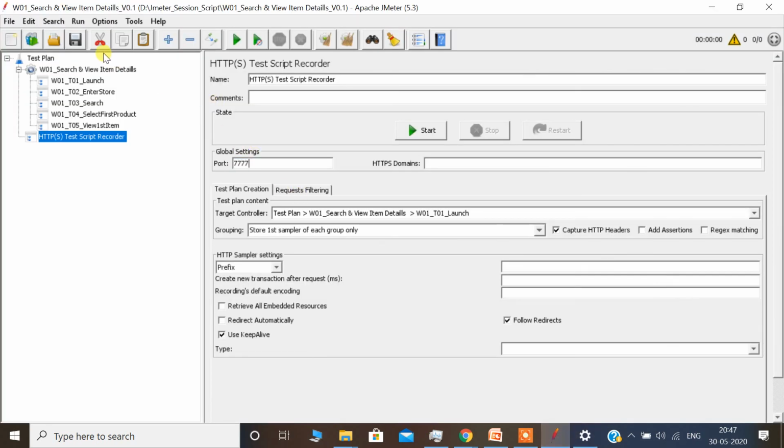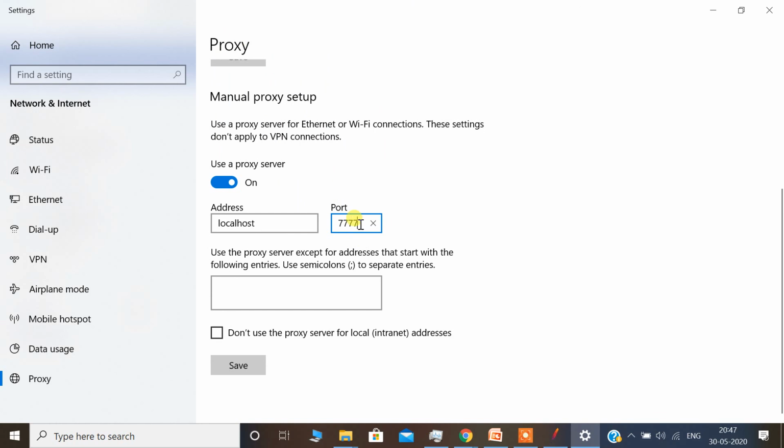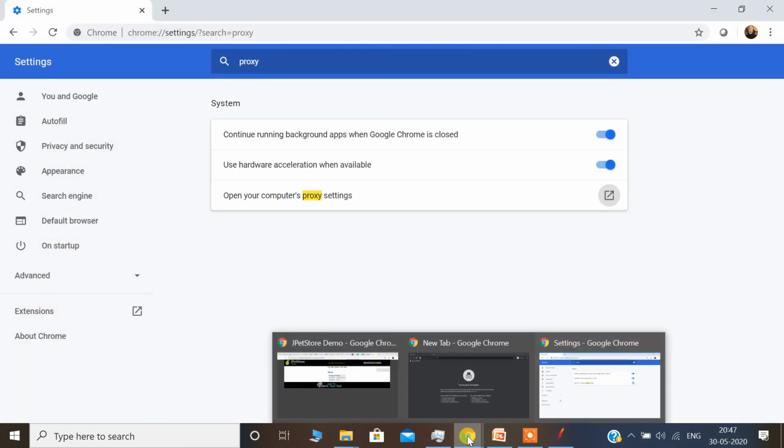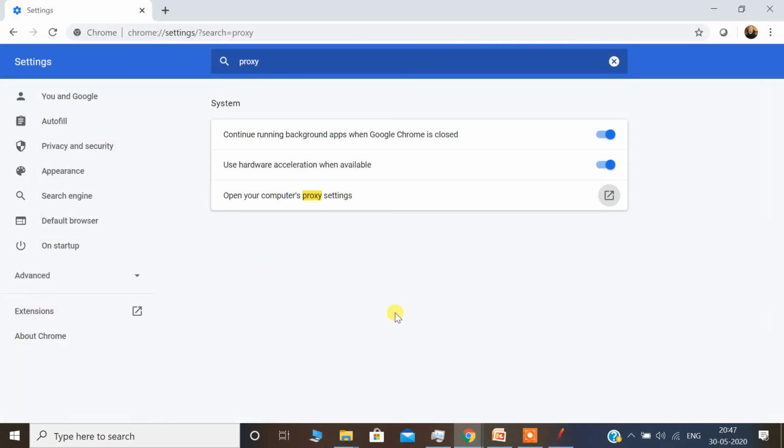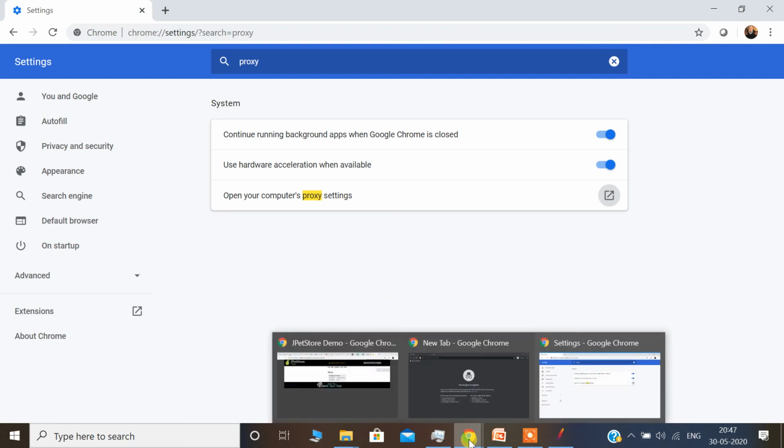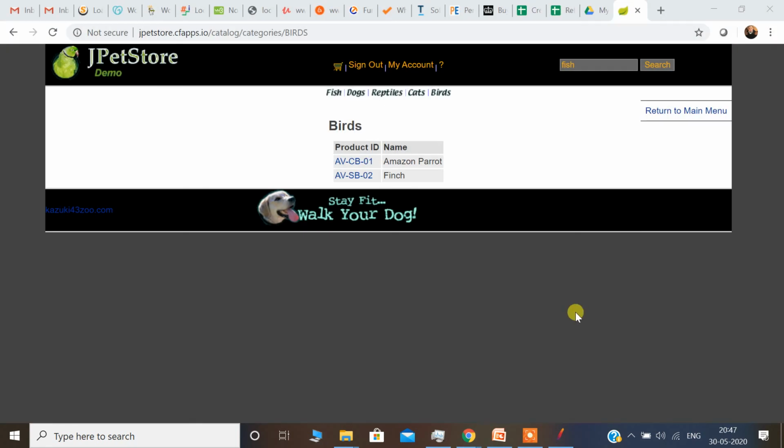So now JMeter has the port number as 4 times 7, and the browser also has the port number as 4 times 7, and address is localhost. Now close this instance. Let me close this setting tab also.